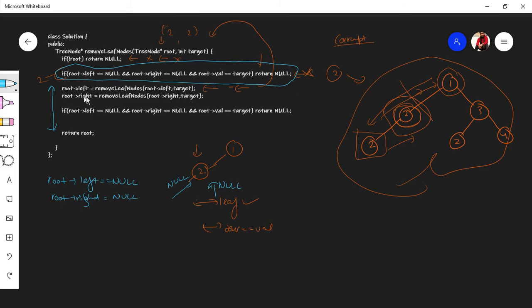तो हम इस वाले टू पे वापस आ जाते हैं, हमने ये सब चेक कर लिया। अब हमने फिर से कंडीशन लगाई है कि क्या रूट का लेफ्ट नल है, हाँ यार नल है। क्या रूट का राइट भी नल है, हाँ वो भी नल है। अच्छा, क्या रूट की वैल्यू टारगेट की इक्वल है, टारगेट क्या था हमारा, टारगेट टू था, हाँ यार वो तो टू की इक्वल है, विच मीन ये तो हमारा करेक्ट हो गया ना, हमारा कल्प्रिट है, तो हमें यहाँ से कट ऑफ कर देना। सिंपल सी बात है कि इसको यहाँ से कट ऑफ कर देंगे, क्योंकि ये लीफ भी है, टारगेट की इक्वल भी है, सारी चीजें हैं इसमें। तो हमने इसको कट ऑफ कर दिया।